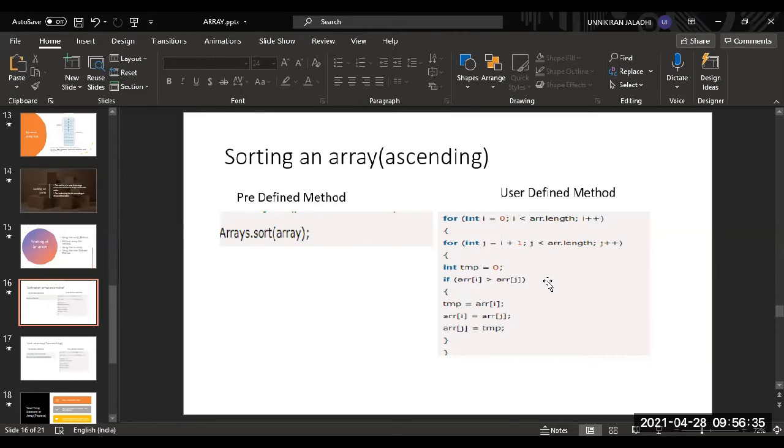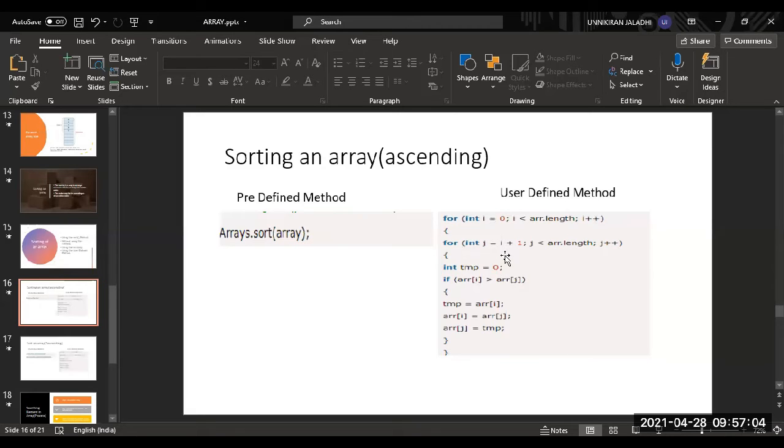If there are 100 elements available inside the sorting, then this is very bad programming. It will take a lot of time, the performance of the application will decrease and the time will increase, so programmers won't recommend this program. You have to remember this. But from our syllabus point of view, we have to discuss this.